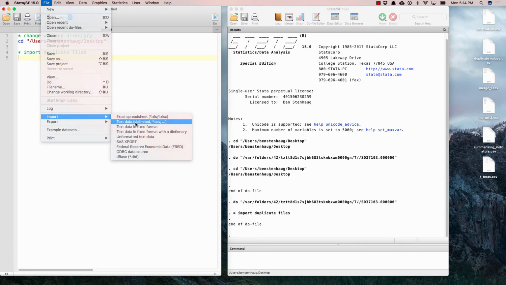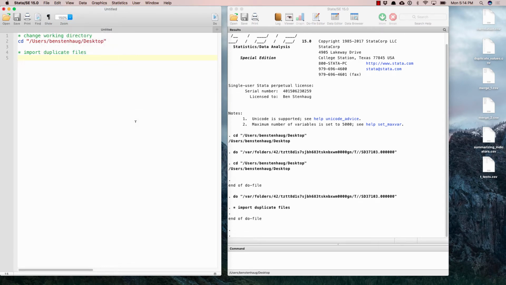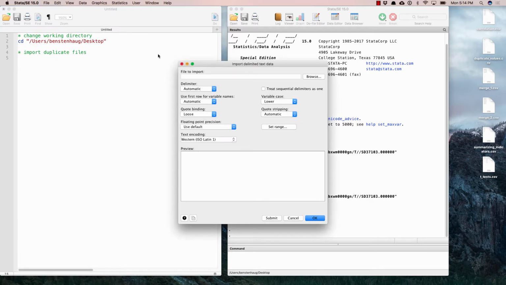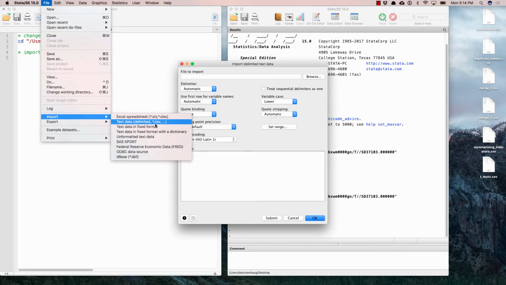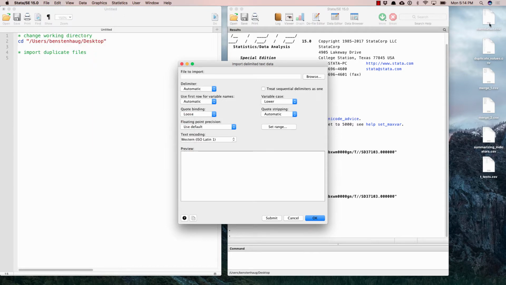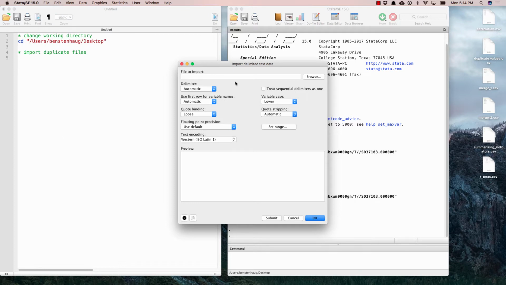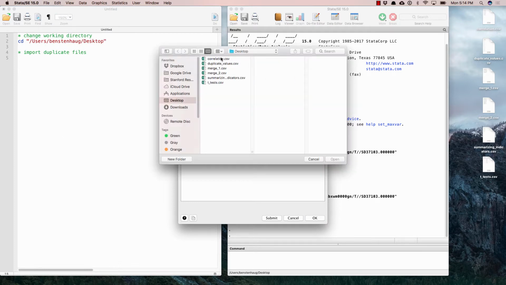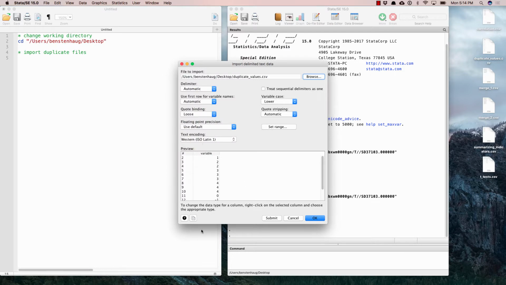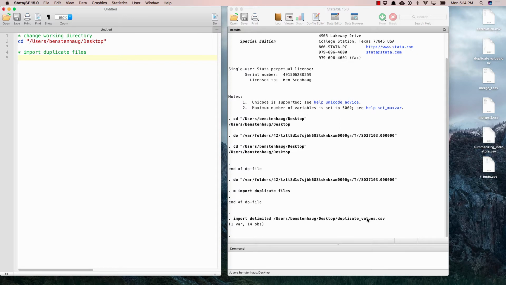And we'll see how we can do this in the future without. But if I do, I went to File and then Import, and I've got CSVs over here. Pay attention to the extension. We'll often use CSVs. That's a very common data format. And it says File to Import. I'm going to go to Browse. I'm going to choose Duplicate Values. And it gives me a preview here. The preview looks good to me. And so